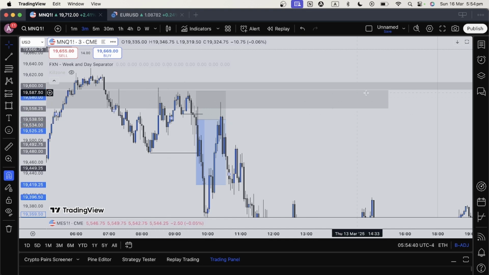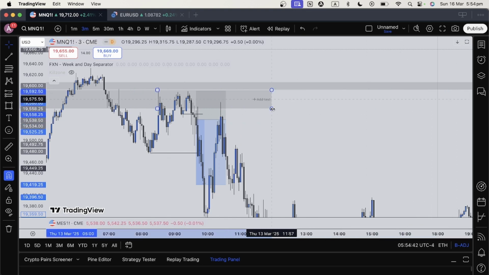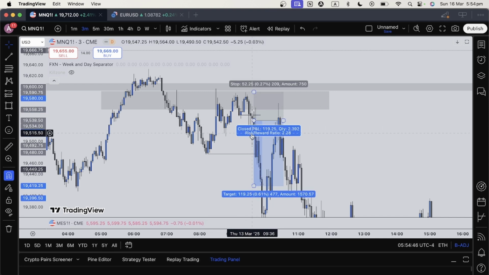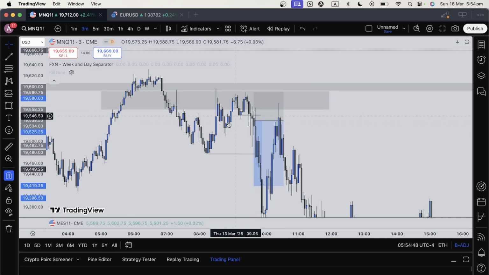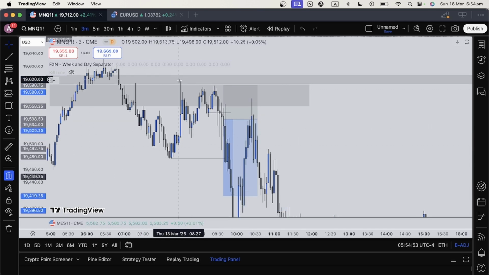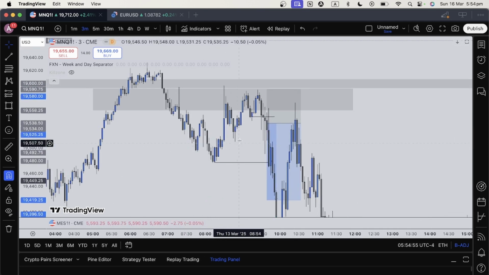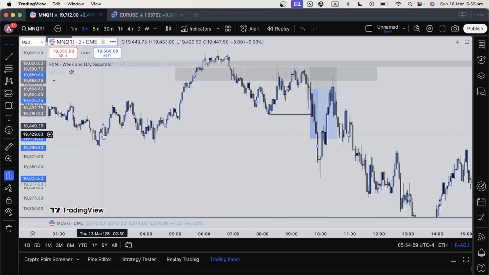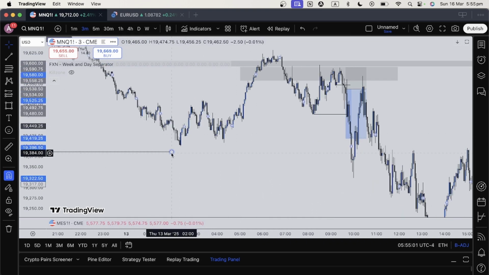You can see that this is the 30-minute fair value gap, by the way. When it went up, there was no entry model until after 9:30. So it's important for us to wait for an entry model after getting into the higher time frame PD array that we want. So after that I entered, and this was the previous day low,